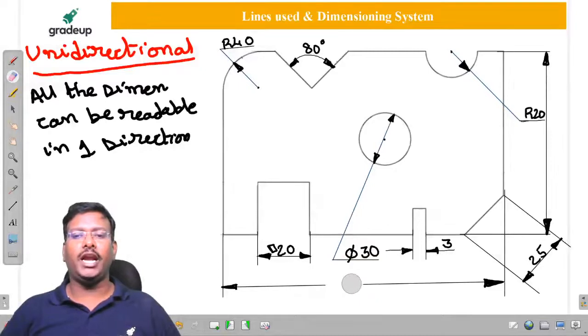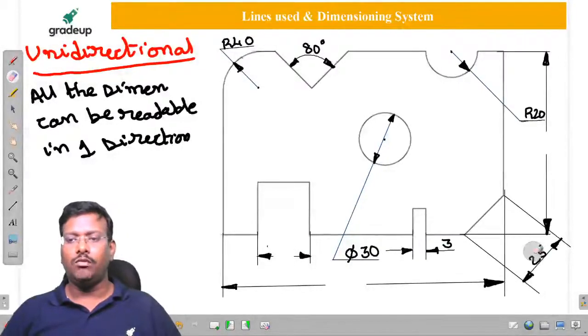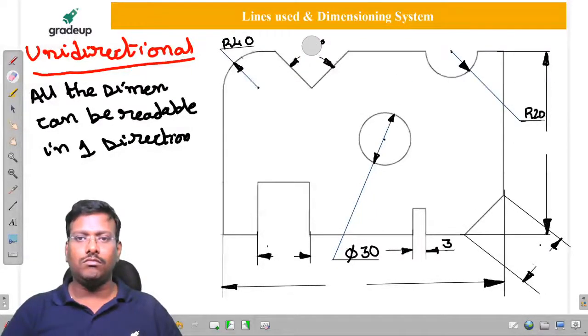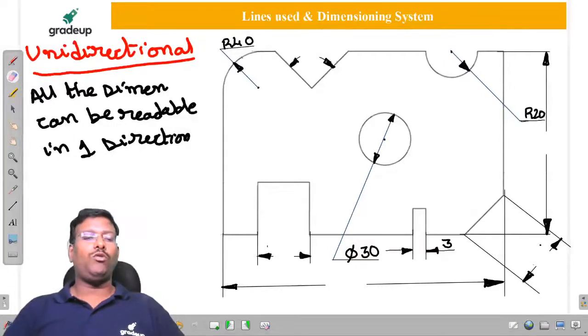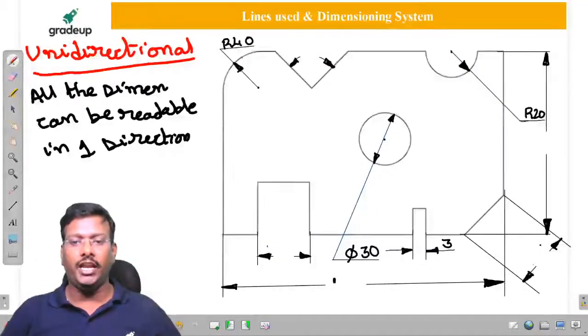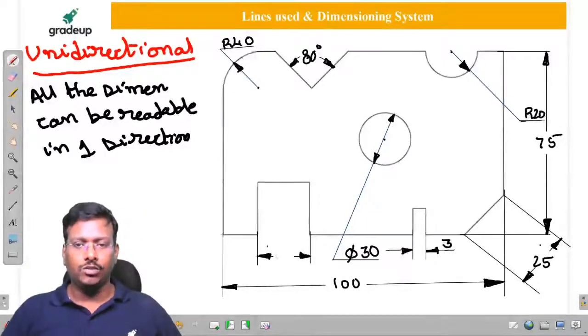the dimension line should not be continuous. We have to break the dimension line at the middle, and we have to give the dimensions in between. So here it is going to be in between. Previously it was above the line; now it is in between, say 75. It is going to be 25, and it is 80 degrees, and it is going to be a square